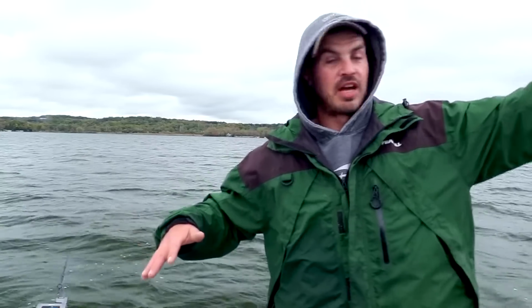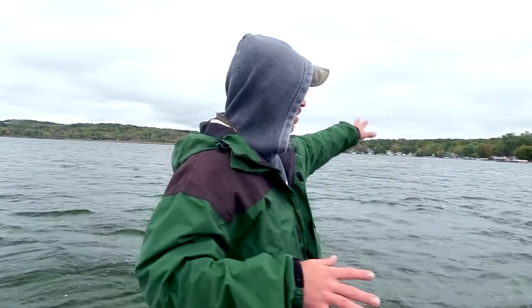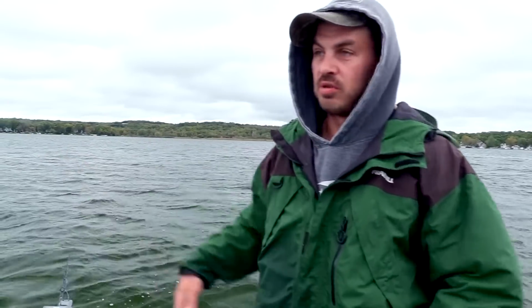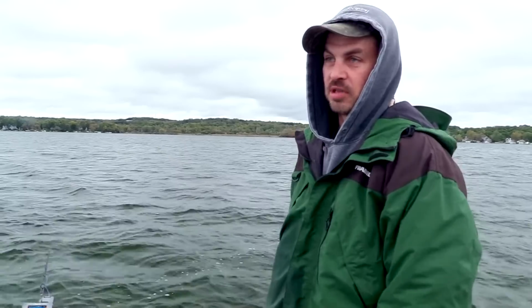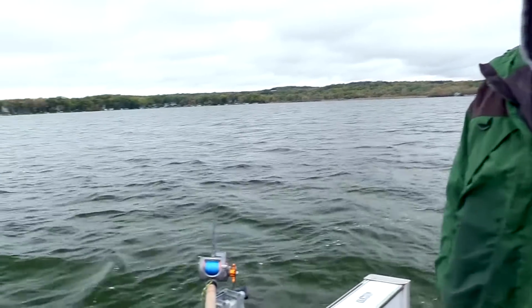We're covering the top of the flat, right above where it drops down, and then the base, and maybe one or two on the drop itself. So there's just fish cruising through here, and someone's gonna come pick 'em up. What's really interesting about this is